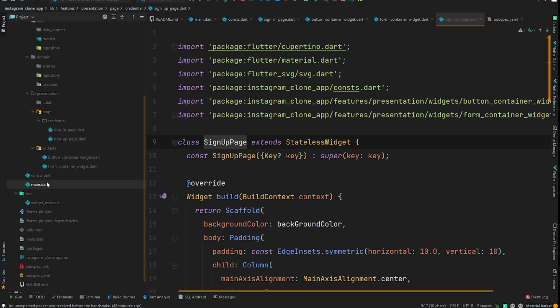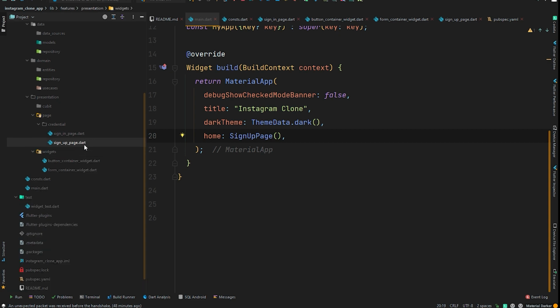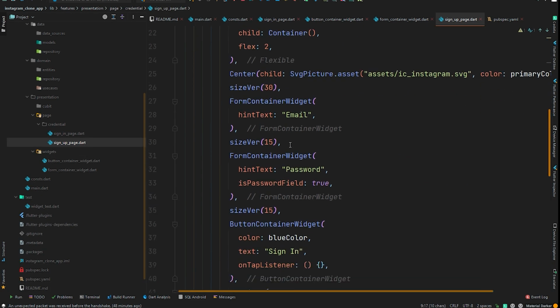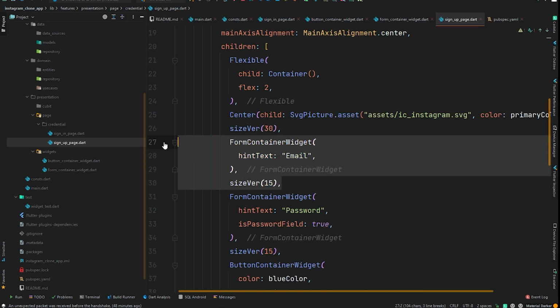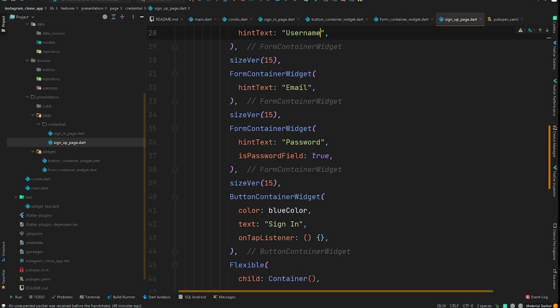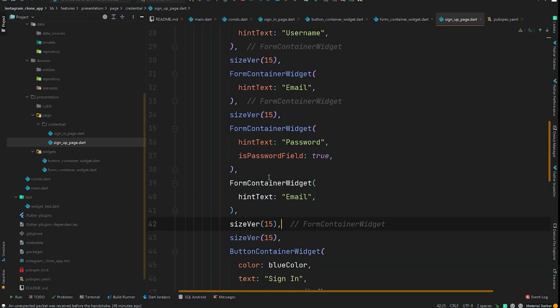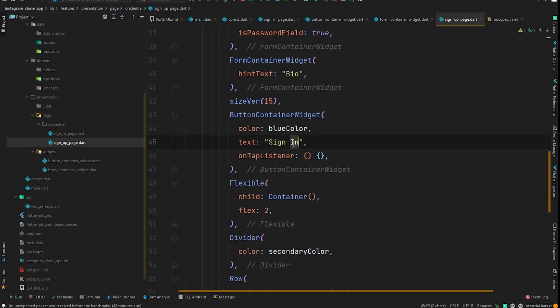And copy this, go to the main.dart and paste it right here and also import it. So now move to the sign up page, and here we need two more fields. That will be our username and bio. So I will copy this email field and paste it right here and make it username, and also right after this password I will paste this again and its end text will be bio, just like this, and also make